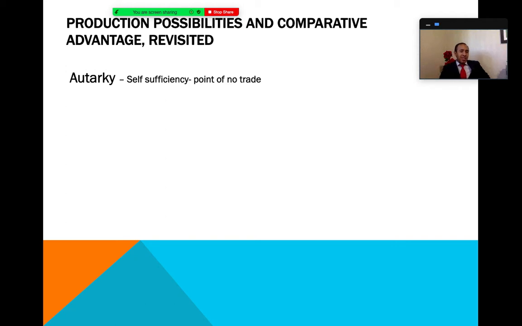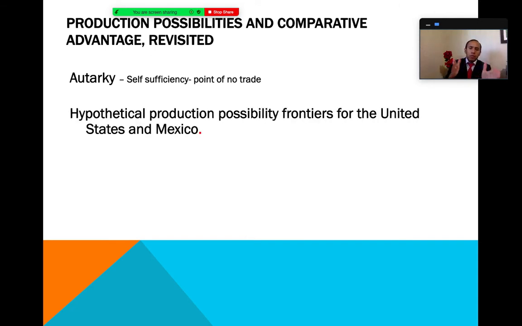Most countries are no longer in autarky. That's 200 to 300 years ago. And even then, people used to engage in trade. Countries used to engage in trade, and it has been evolving over time. So to undo development and progress would be quite counterproductive. We're going to assume a hypothetical example between the United States and Mexico, which are members of the